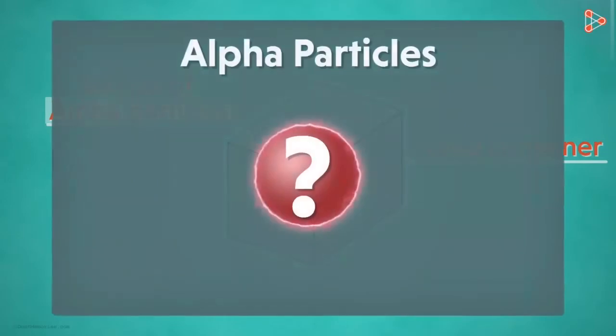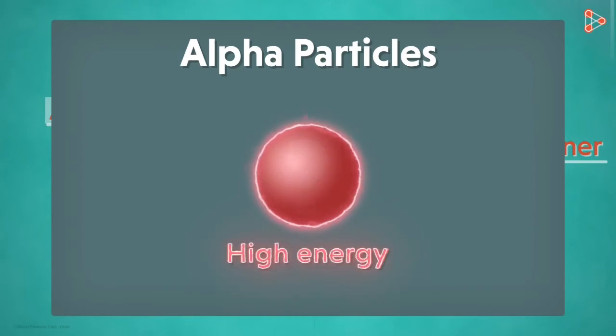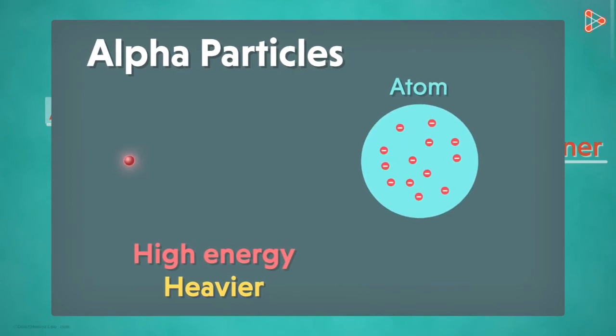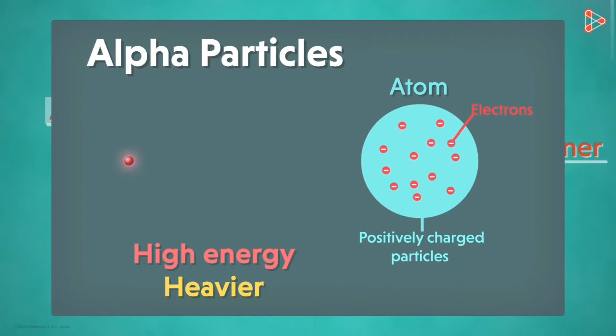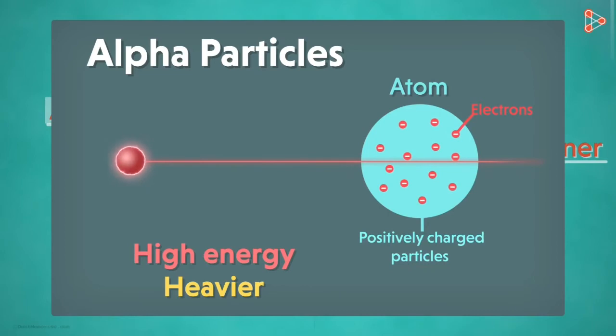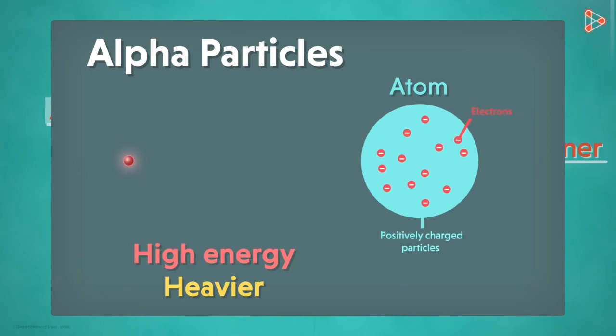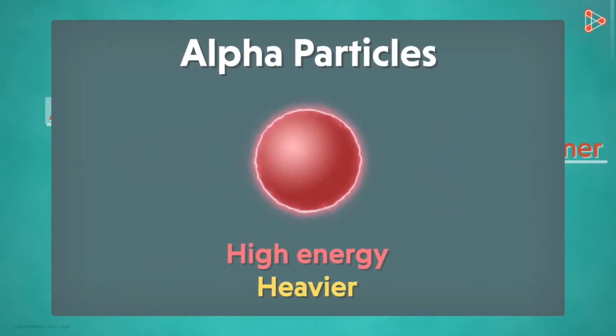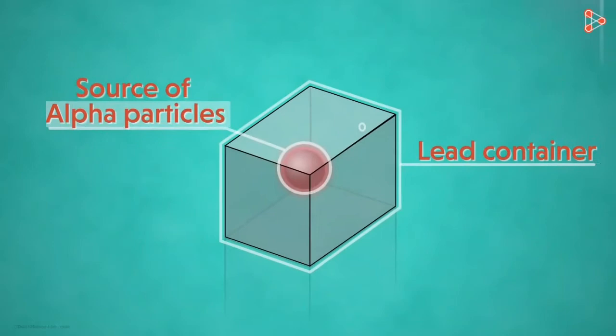But why did he select alpha particles in the first place? Well, the alpha particles had high energy and were heavier as well. So if we say the atom is like a pudding of positively charged particles with electrons embedded in it, then the particles will pass straight through it. This is obvious because the heavier particles will pierce through the lighter pudding structure of the atom and pass through it. This is what Rutherford thought. For this reason, their greater mass and energy compared to protons made him choose alpha particles for the experiment.